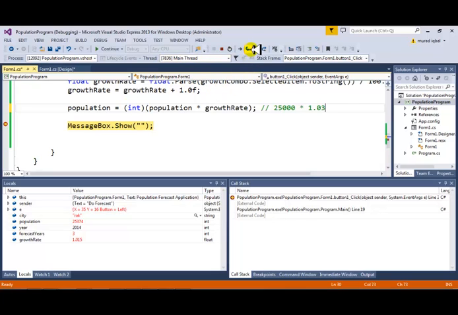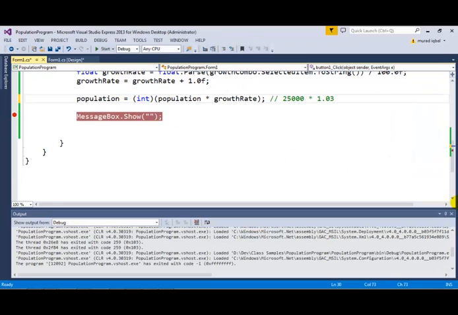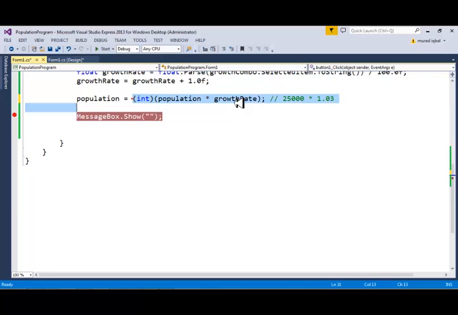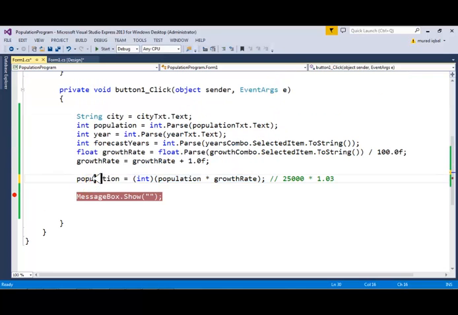And the reason why I've done this, what you see is typecasting over here, is we are actually changing all the float to the integer, because population is the integer. Population is integer, and we are changing after the calculation its value to integer. So let me now just remove this breakpoint, and now what I want to do is to do this calculation